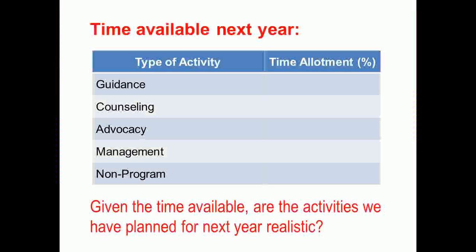This is an incredibly important check. We want to make sure that you're not overextending yourself. It's so easy, during this meeting, to say, oh yeah, I'll do that, I'll do that, I'll do that. This is a point where we want you to pause and think, do I really have the time to do all those things? If you are overextending yourself, you'll do everything in a mediocre way instead of doing a few things really well. And we think it's much more productive to do a few things well.